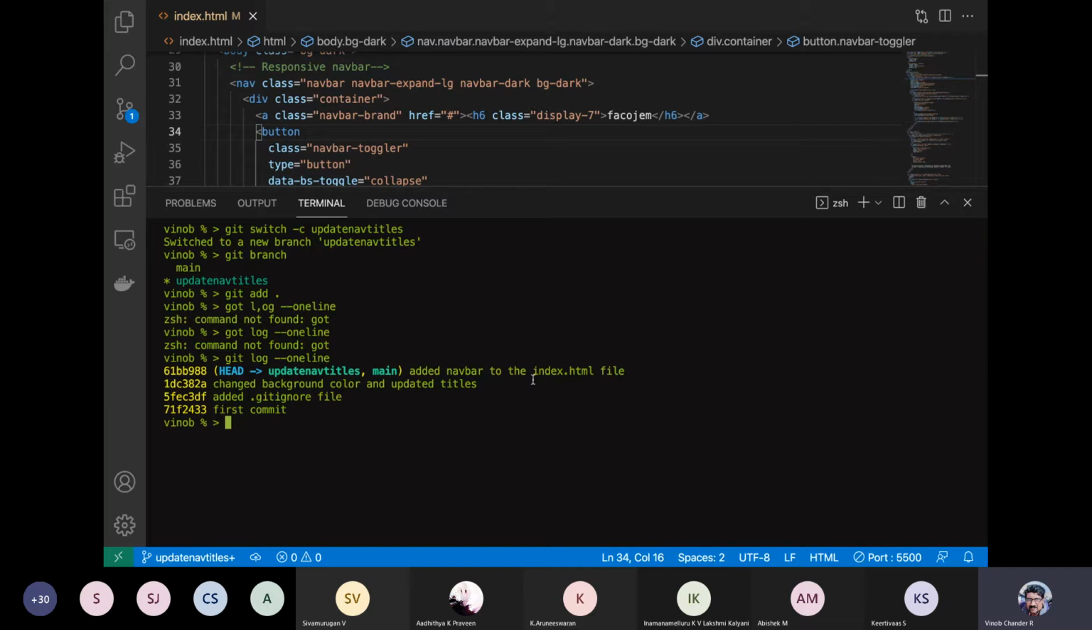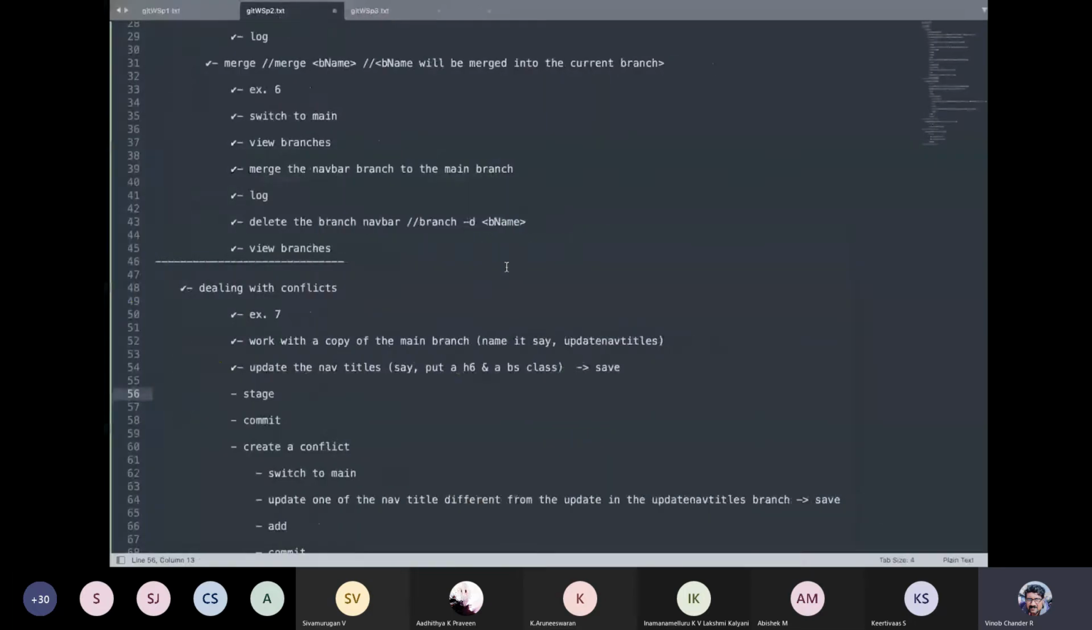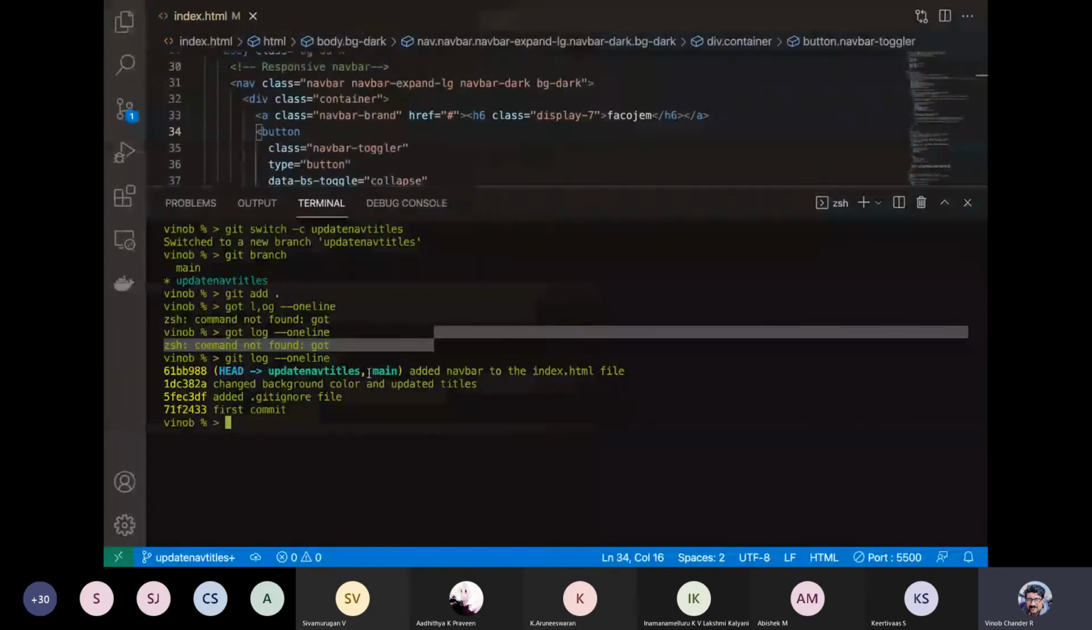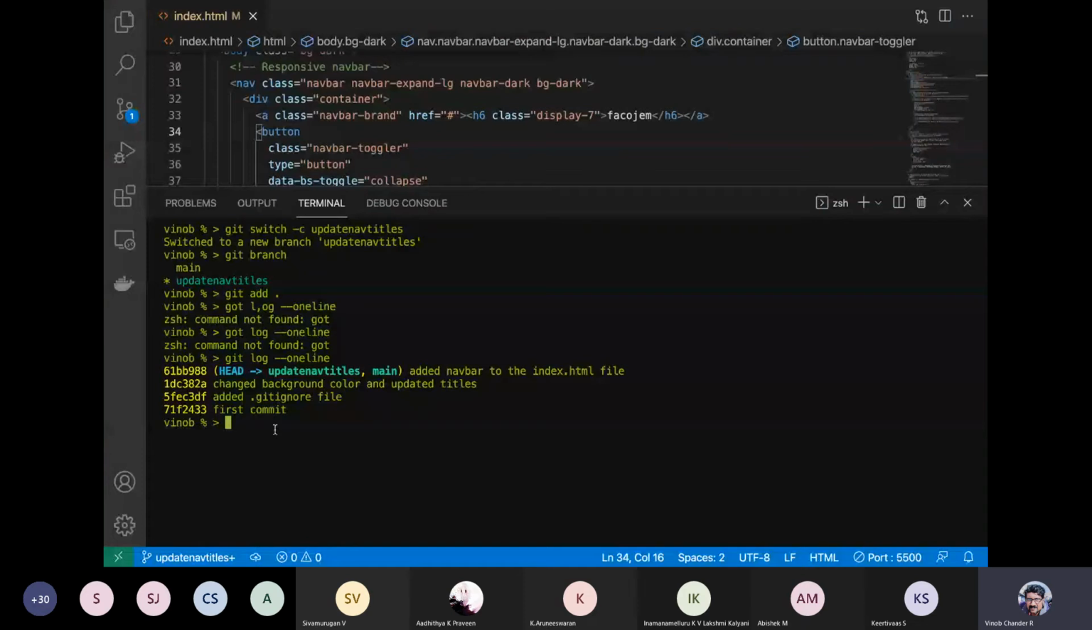Okay, we added navbar to the index HTML file, right? What we have done now, we have just updated the navbar titles, right? So we can do that. So let us do a git commit -m